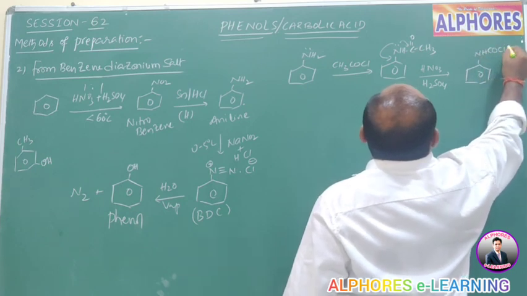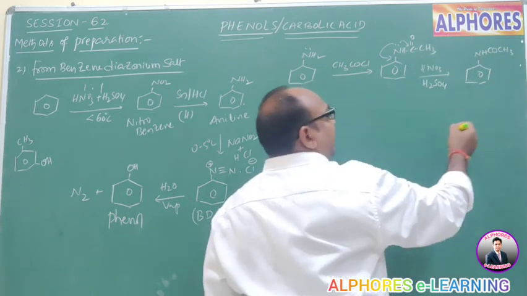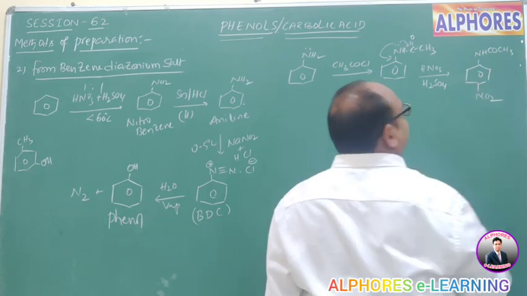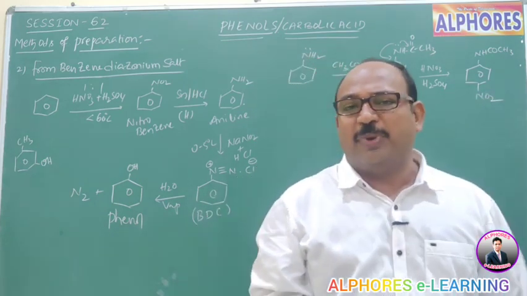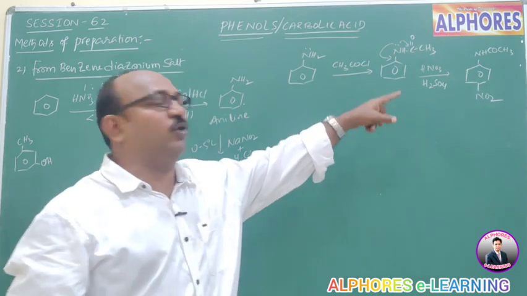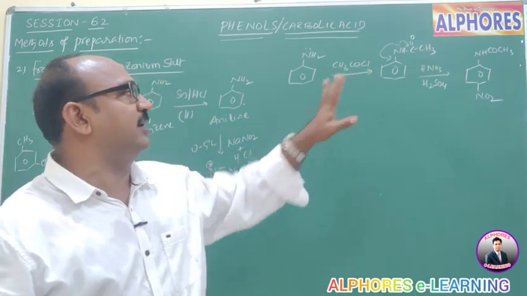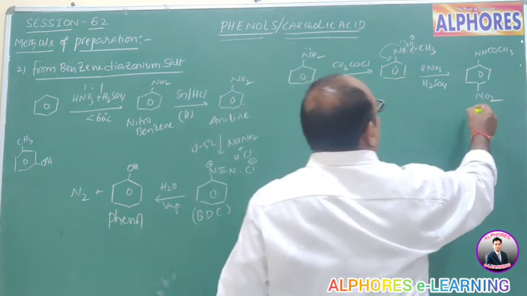The ortho product is not possible because of steric hindrance, and only para nitration is possible. That means para nitroacetanilide. So in the fourth position, acetanilide is there. This one upon